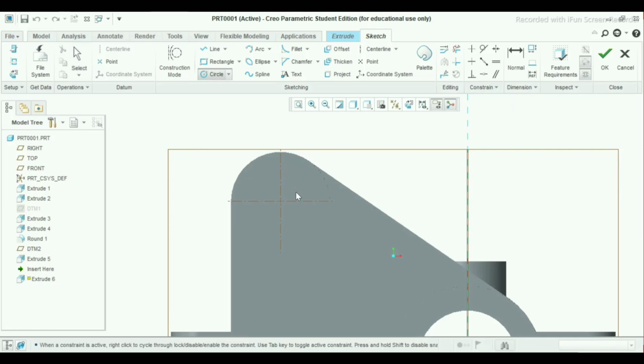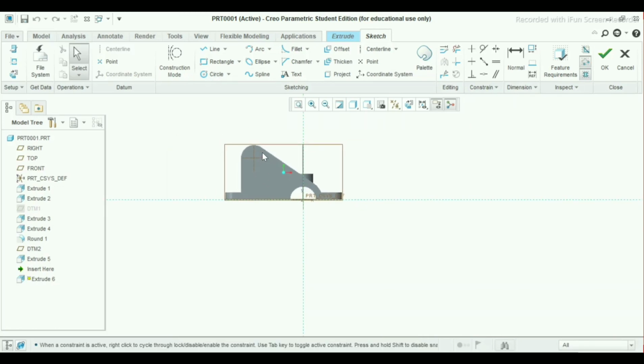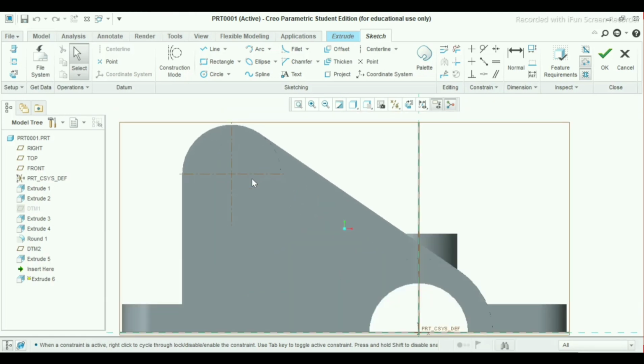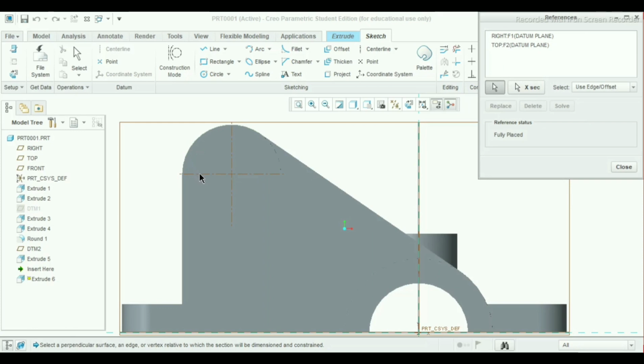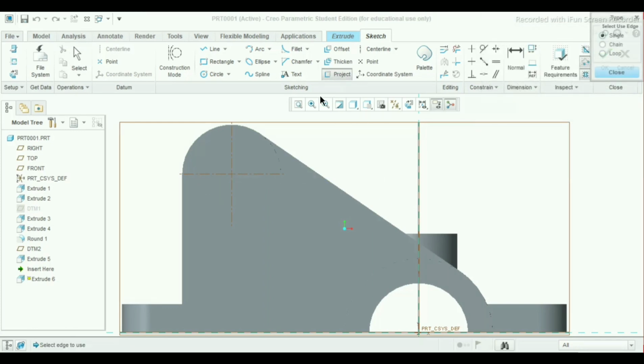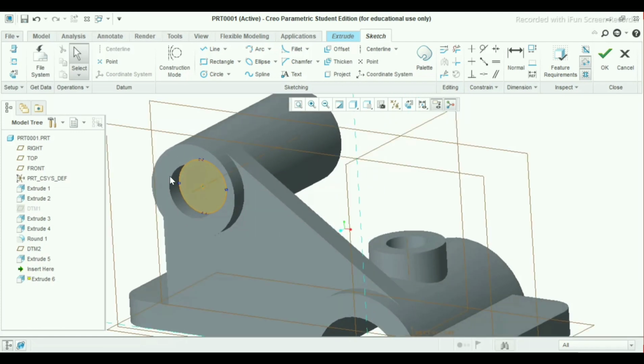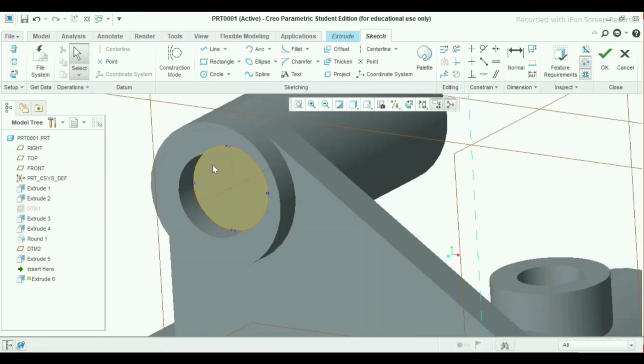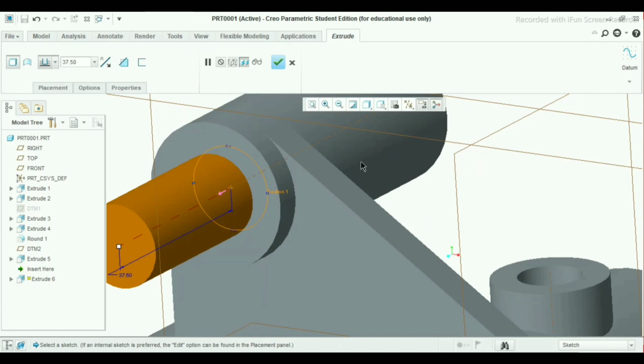So select the circle or choose here reference. Choose here project lines. Project this inner circle. OK. See, it is selected. OK.